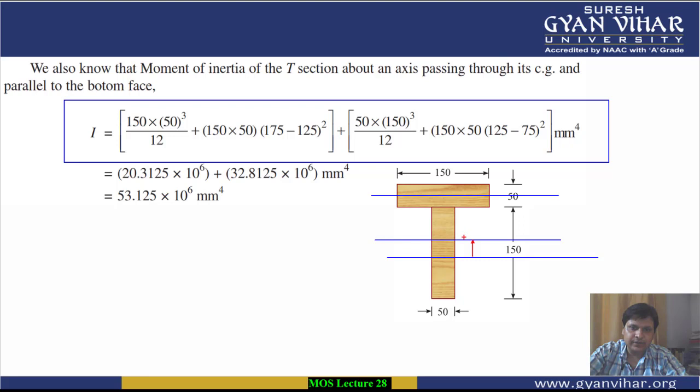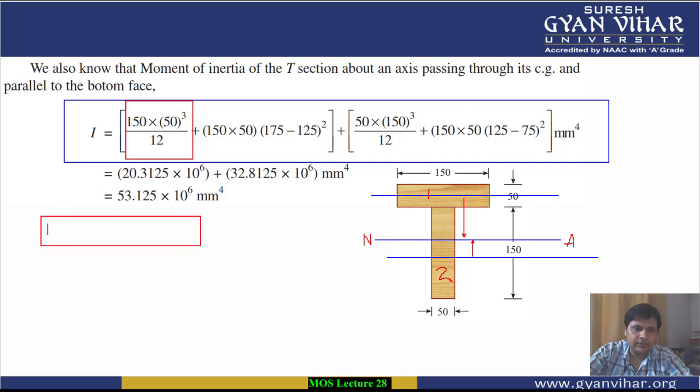Here we have to bring the moment of inertia for these individual section 1 and section 2 to the center of gravity of the composite section, which in this case is considered as the neutral axis. So how will we bring it? The moment of inertia of section 1 will be BD cubed by 12. B is 150, the width, and the depth D is 50. So BD cubed by 12 plus, if we want to use the parallel axis theorem, the parallel axis theorem